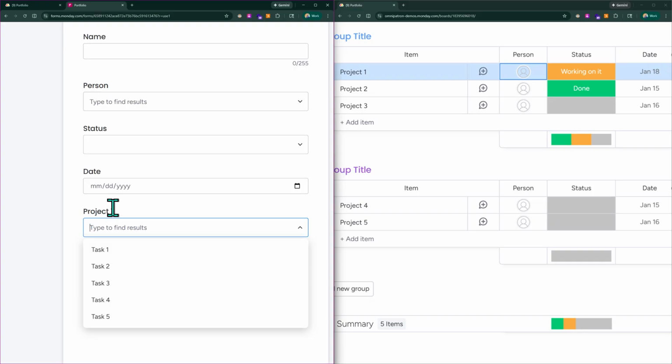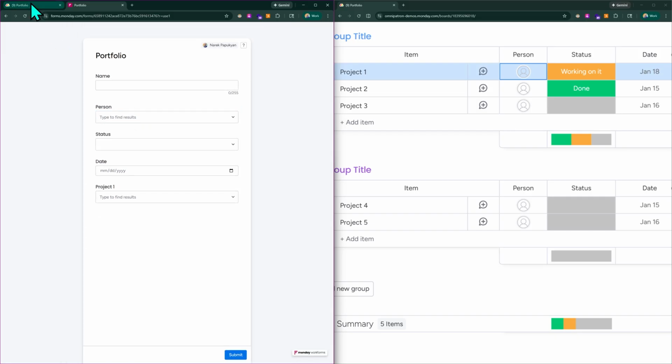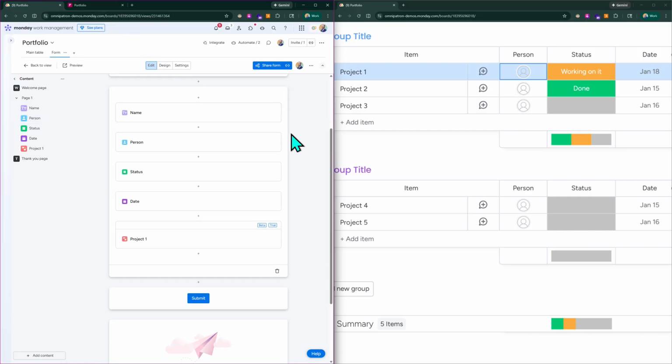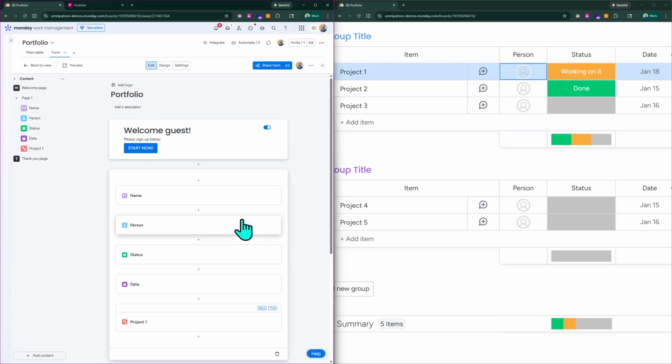that we want to connect project 1 to task 1, 2, 3, 4, 5. This is unnecessary information for those customers to know about. So be sure to always restrict certain form questions to only be available to internal users. And so again, if this is going to be an outside facing form, outside meaning outside of your organization, make